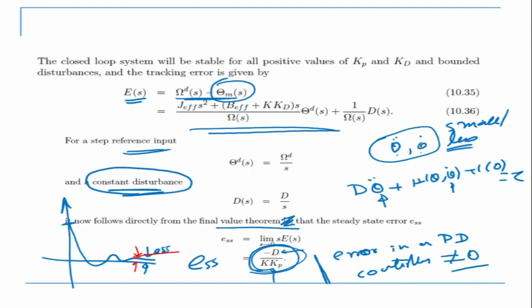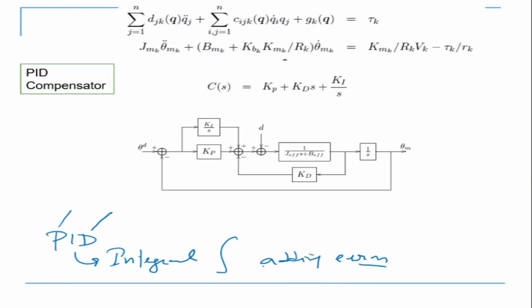So if the error is increasing, it basically means the voltage input is increasing, because at the end of the day, it is giving a voltage to the motor, which means that the voltage input to the motor is increasing now. Okay, so ultimately it will come and join here. That's how a PID controller works.